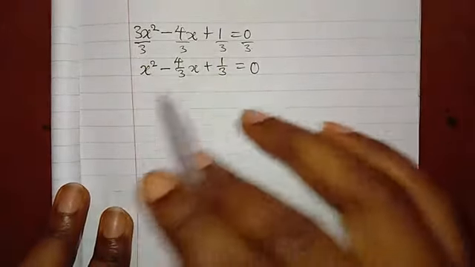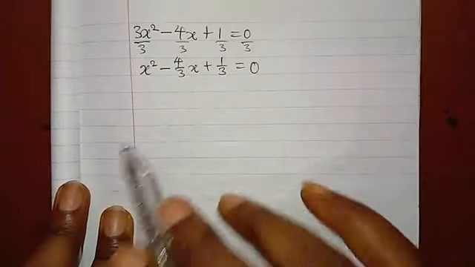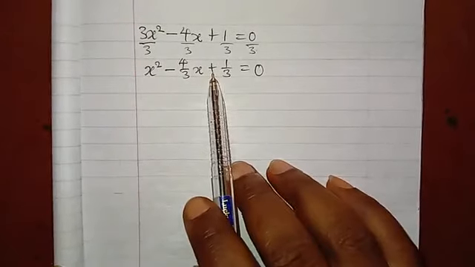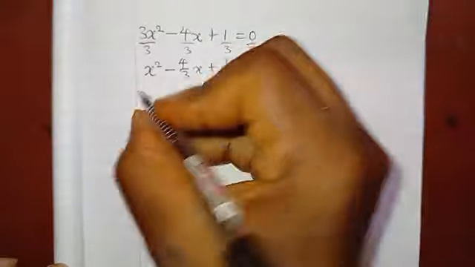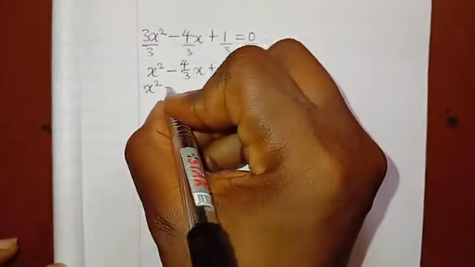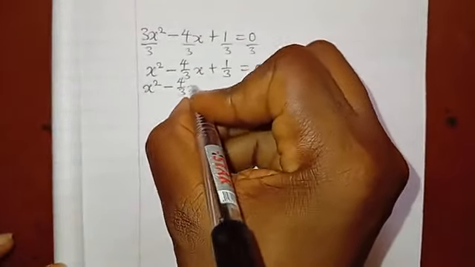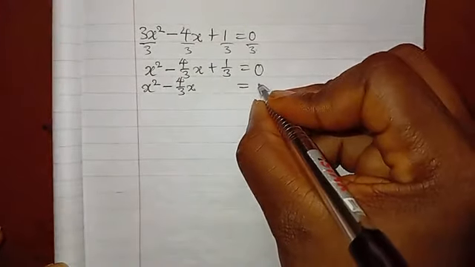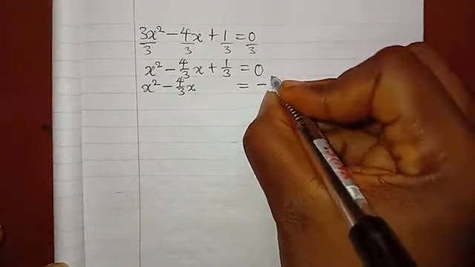Now we continue with the normal steps. The next step we have to take is what? That's right, to take this constant over to the other side of the equation. We have x squared minus 4 over 3x, and plus 1 over 3 comes over the equal sign to become